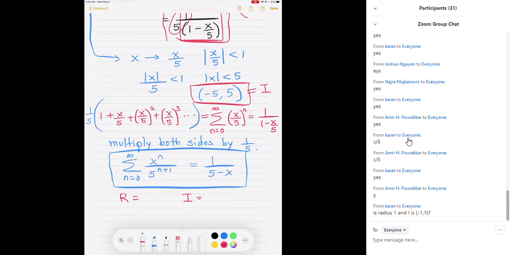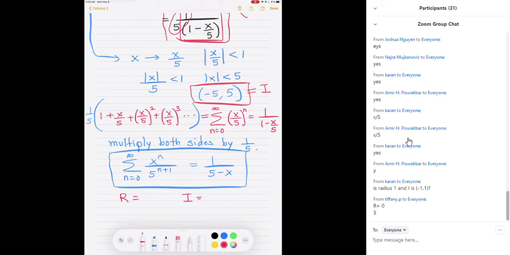Now, Karen, it is not, no, Tiffany, the radius is not 0, the center is at 0. So go back up. Very good. So the radius is 5. And the interval of convergence is from